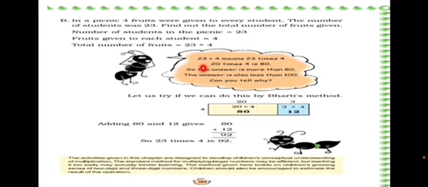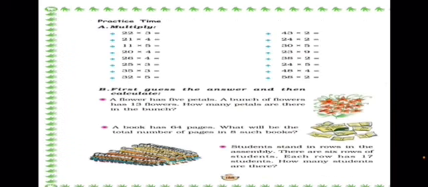So the answer is more than 80. Now the answer is also less than 100. Can you tell why? Because 4 3s are 12. So now add 80 and 12. So 80 plus 12 is 92. So 23 times 4 is 92. So we are here actually using the method of partition. And partition method is making the calculation simple.